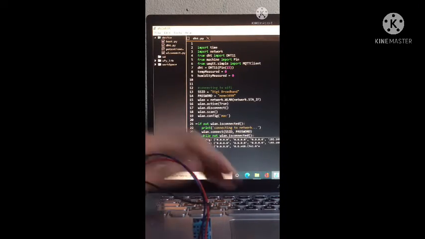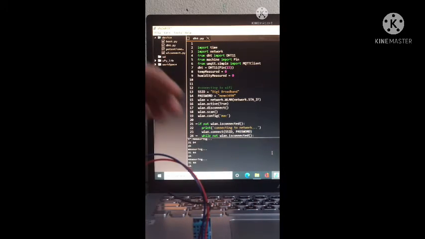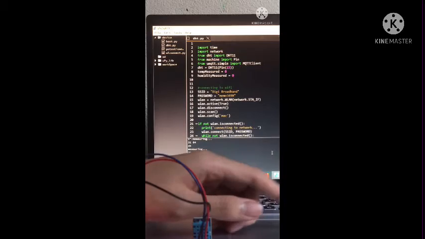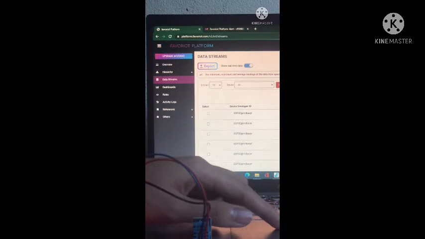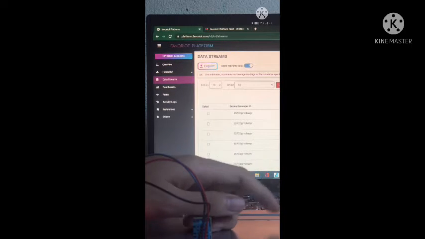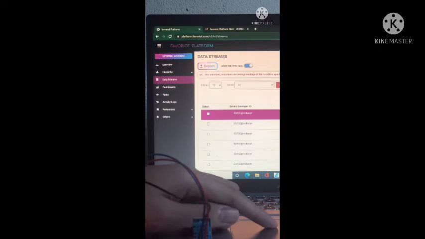So in the terminal, it is measuring the air temperature and humidity. This data can be seen recorded in the Favoriot IoT platform. So the temperature is 31 degrees Celsius and the humidity is 64%.